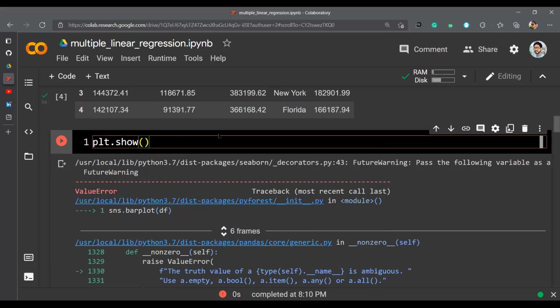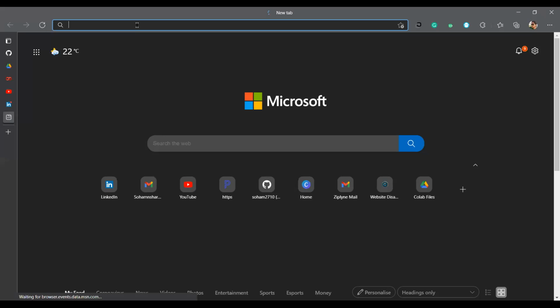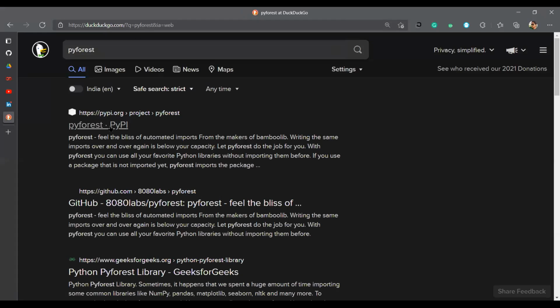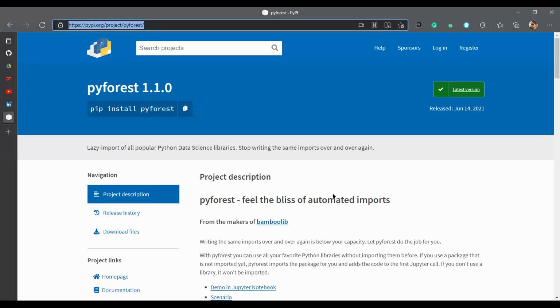You have any page or link of that? Can you share that? Okay, sure. 1 second. Yes, Shrishti, I can do that also. I'll just share this PyForest link over there, and it should help you guys. So yeah, see this.